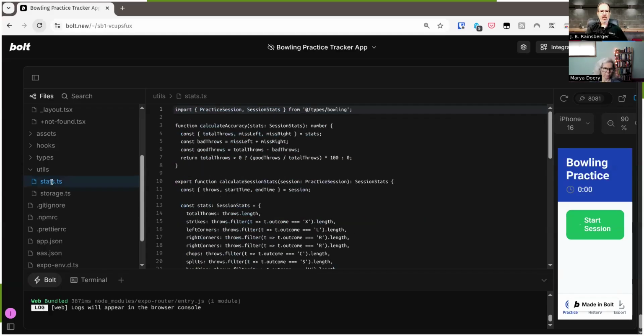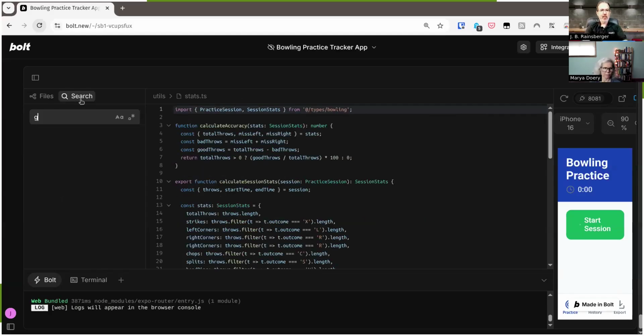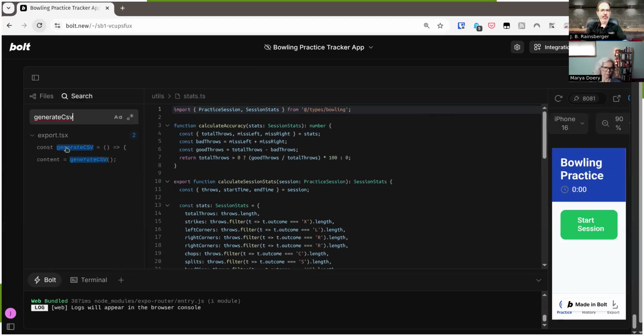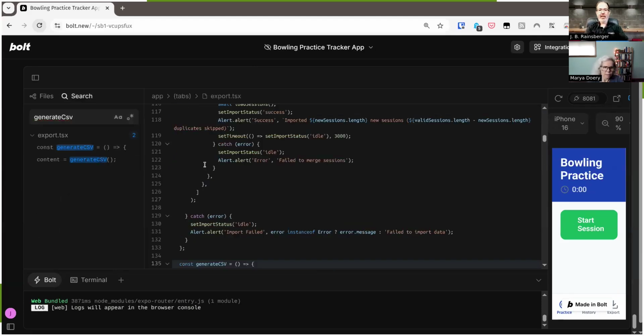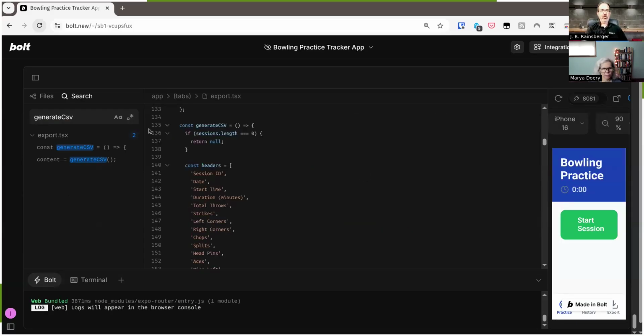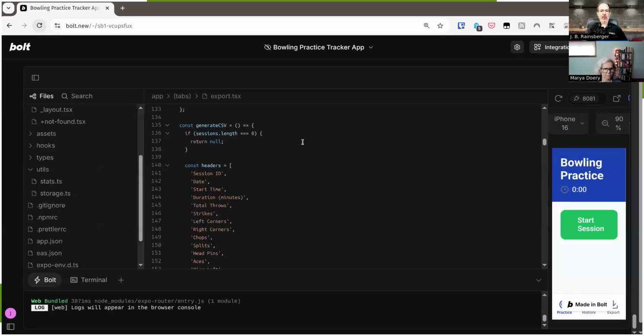And that actually might be in, is it in utils? No. Let's look for generateCSV. Okay, that's what we're looking for. Okay, so let's go back here. That's funny.